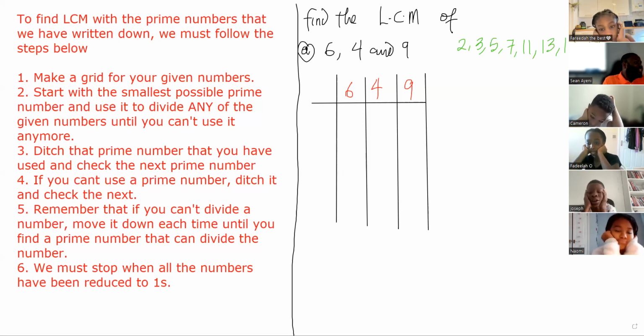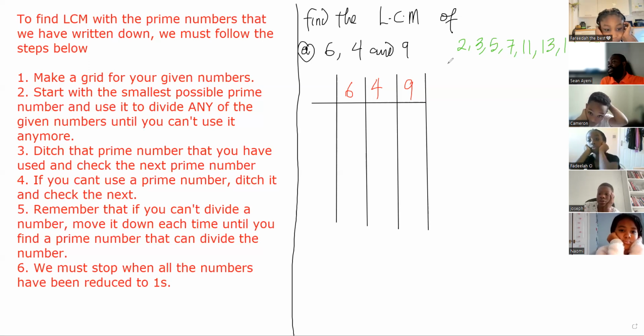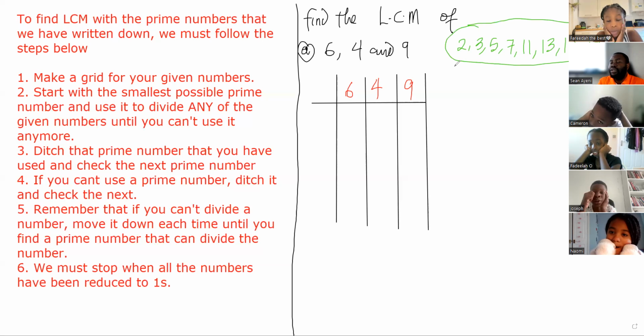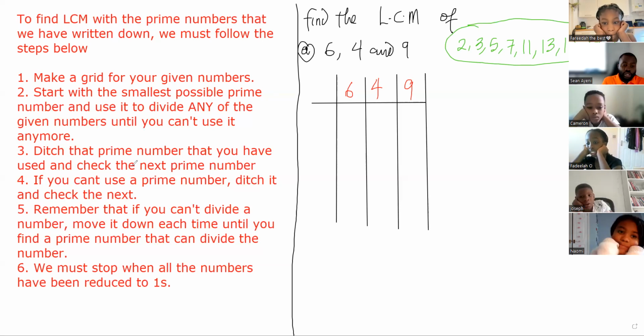So, what did we say we are going to do? We'll start with the smallest. Which one is the smallest prime number? Are you guys actually paying attention to what we're doing? You're just shouting out numbers. Naomi, that's not funny. Pay attention. These are the prime numbers. Which one is the smallest among them, guys? 2. So what we must do is start with the smallest prime number and use it to